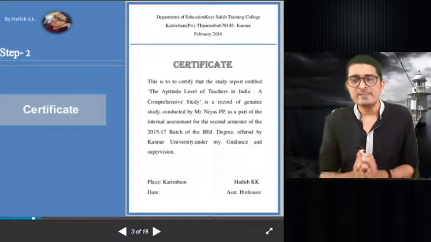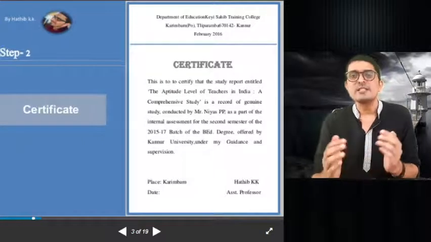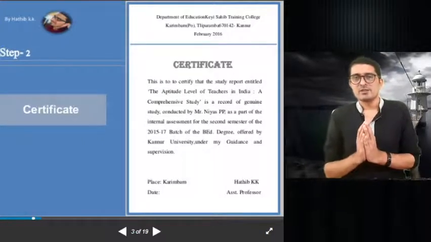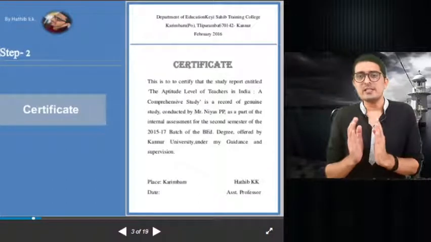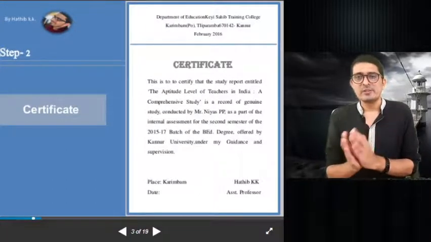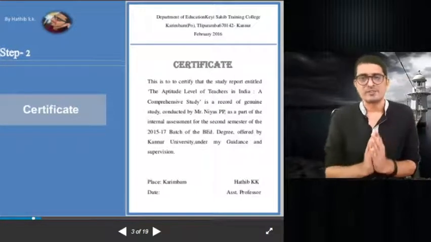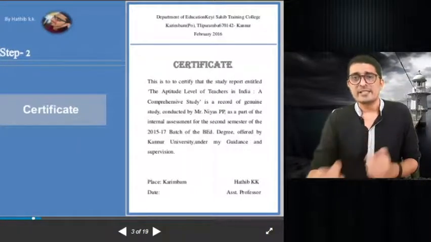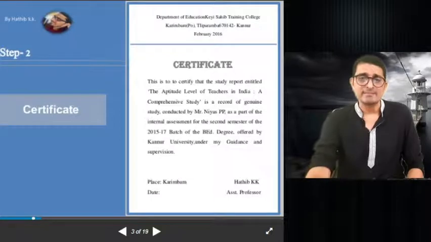So the second page will be for the certificate, showing that the particular work is done by a particular person under the guidance of a particular teacher or professor. So the second page is for the certificate. Then